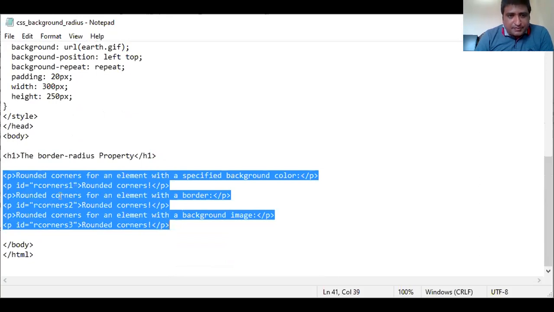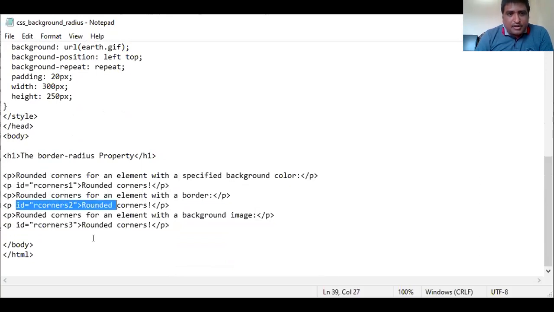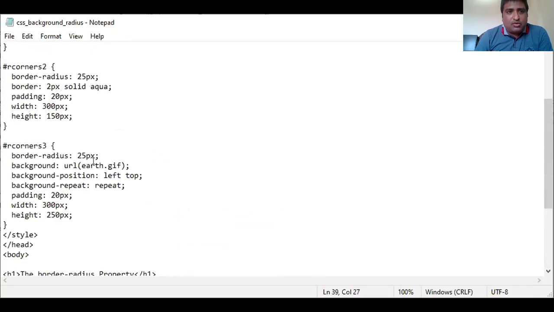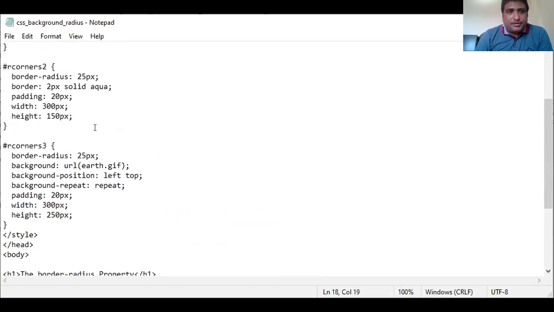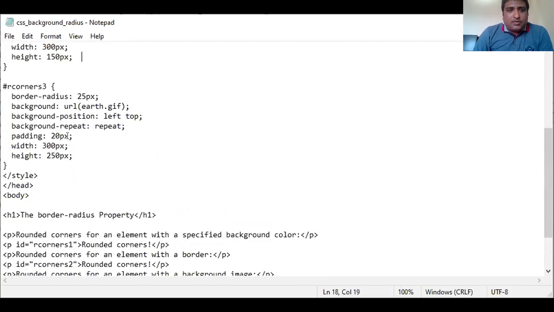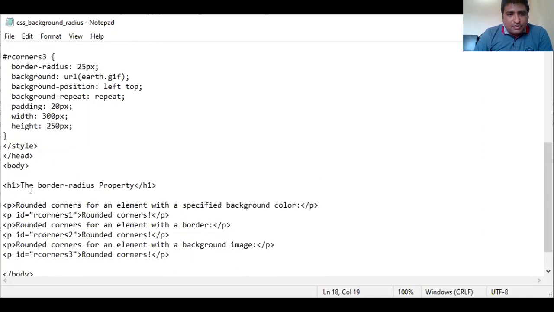Next, here we write the id rc-corner2, so these properties are applied to it. The last one, we apply for the images. So id is equal to rc-corner3 and we apply these properties to this content. Let's see its output.